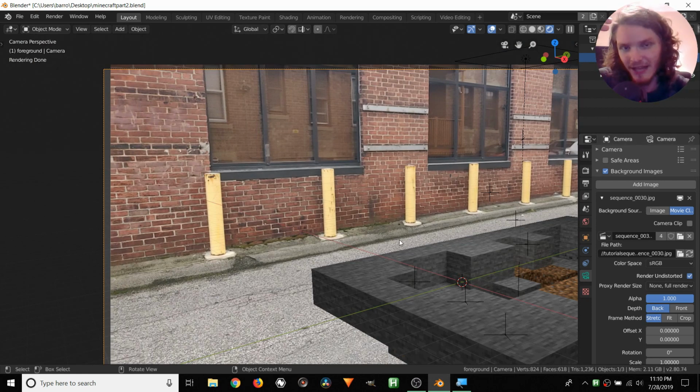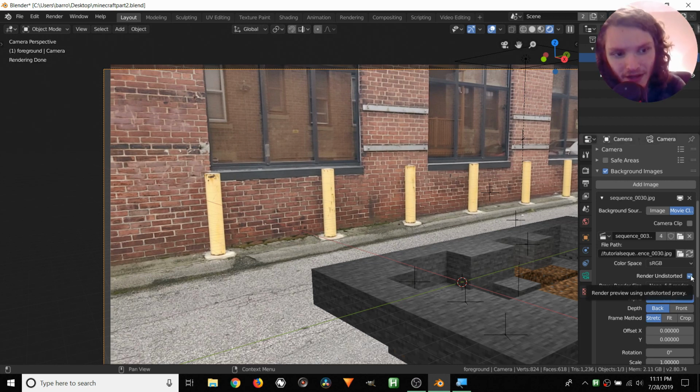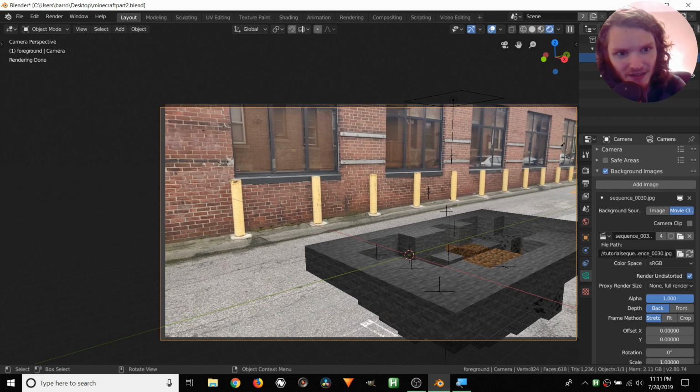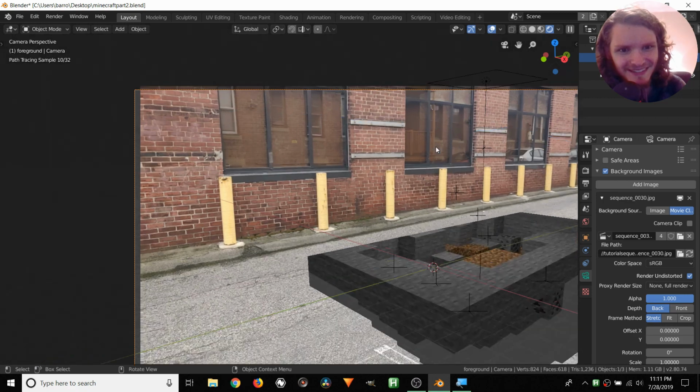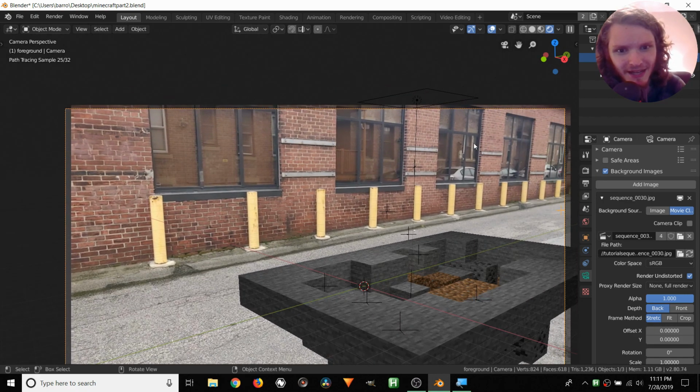So when we filmed it, we have a lens in front of our camera, even though it's a phone camera, and that's slightly curved in a way that makes our image a bit curved, it has some lens distortion. And render undistorted, just as the name says, renders the undistorted footage. It gets rid of lens distortion. So if you imagine a line going along here, when we have render undistorted enabled, it's going to look straight as opposed to the normal footage where it's going to have a bit of bend.